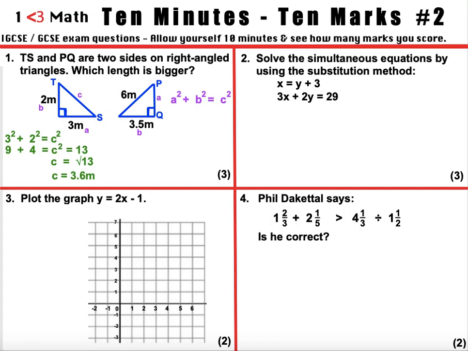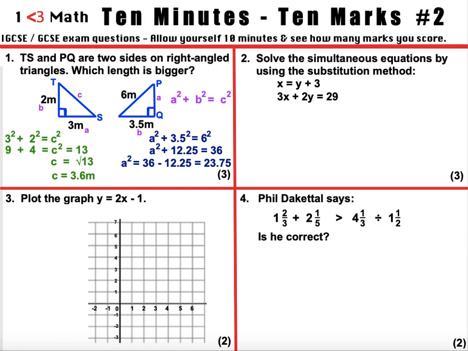The second triangle, we don't have the a squared this time. So we've got a squared plus 3.5 squared equals 6 squared. So we're going to have to square the 3.5 and the 6. So that becomes a squared plus 12.25 equals 36. The difference here is because this is a reverse Pythagoras question, we need to then take away the 12.25 from 36 in this case to get the a squared on its own. So we have a squared equals 36, take away 12.25